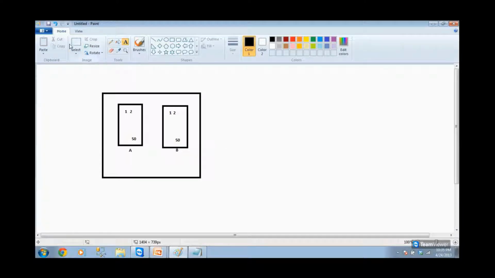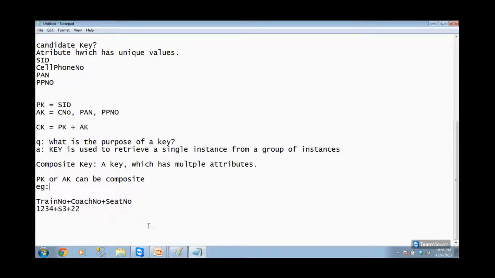Now you are going to go to this apartment, and you say, I would like to go to house number 22, or house number 15. The security will ask, sir, which is the tower number? That means to identify a single house, we have to tell two things. You have to say tower number plus house number. For example, tower A, house number 12. Put together you can identify a single house. This is the best example for a composite key.